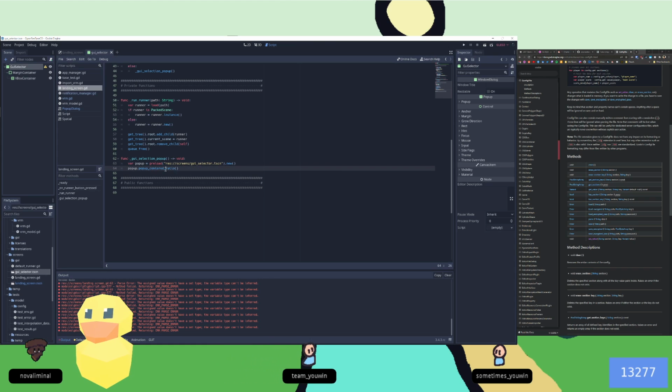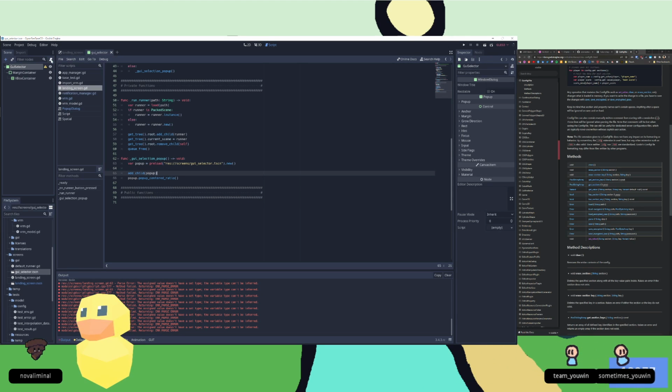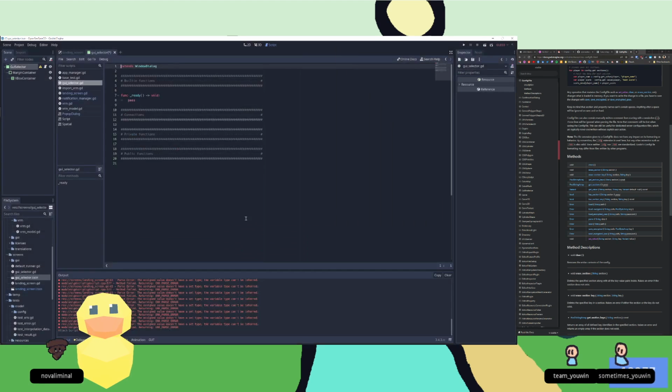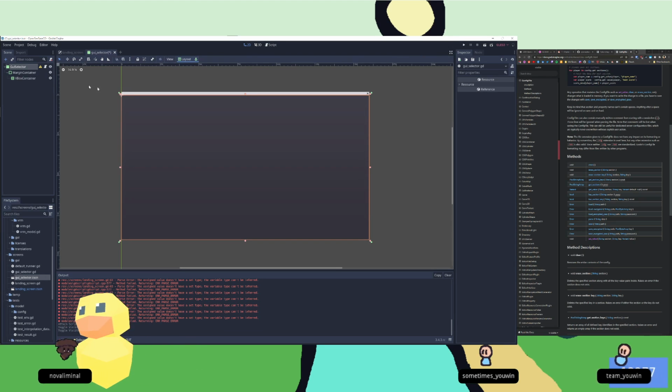So GUI selector, pop-up centered ratio. Actually, you also need to do add child pop-up, and then this should allow me to add a script to this. Structured. Then we'll have a few signals, or just the one signal, which is like selected. Nothing else on it. Okay. Then,